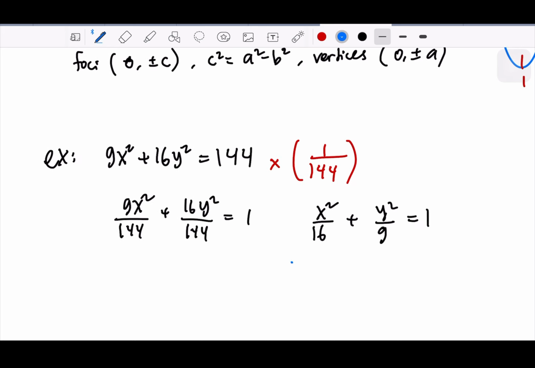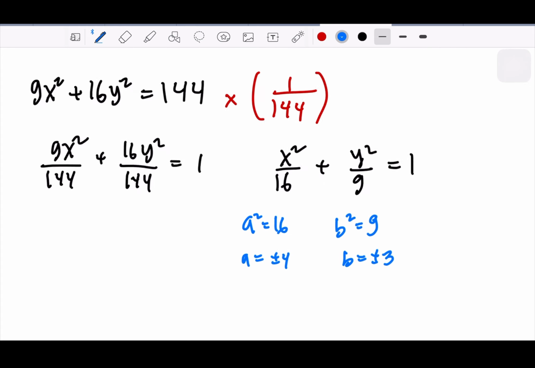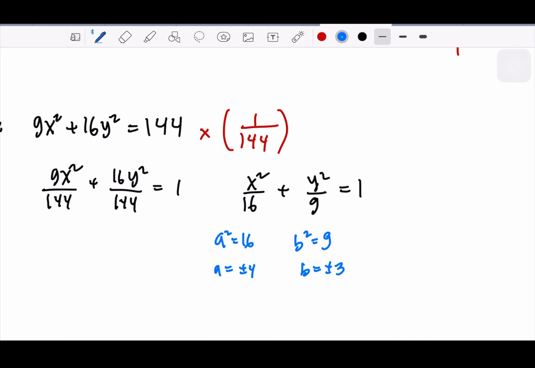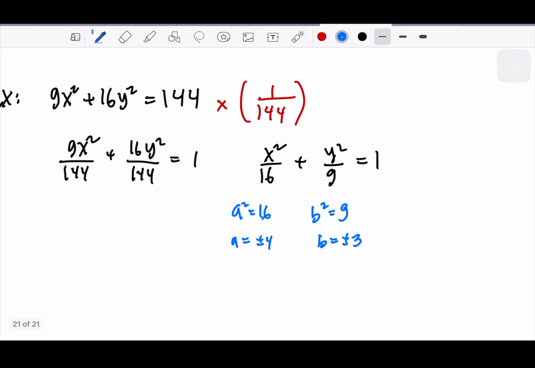So we now have a squared is 16 and b squared is 9, or we can have this in terms of a is plus minus 4 and b is plus minus 3. We can also get directly from these equations that c is plus minus square root of 7. Okay, based on the values,